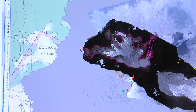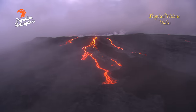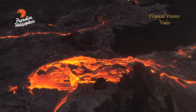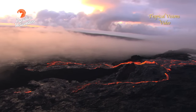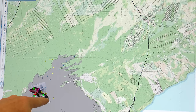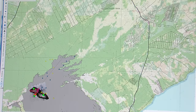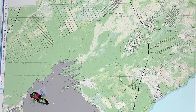So the map here puts the distance in perspective from where these breakouts are, following the steepest descent path. We're still talking the flow is something like almost 16 kilometers to the nearest housing development area, to the nearest structures. So Pu'u'o'o is down here at the lower left corner of this map. You can see where the two flows are in this area here, which are shown by the thermal imagery. And then from those flows, following the steepest descent path downslope in a straight line distance, it's something like 10 miles to get to the nearest structures. So it's a long way from